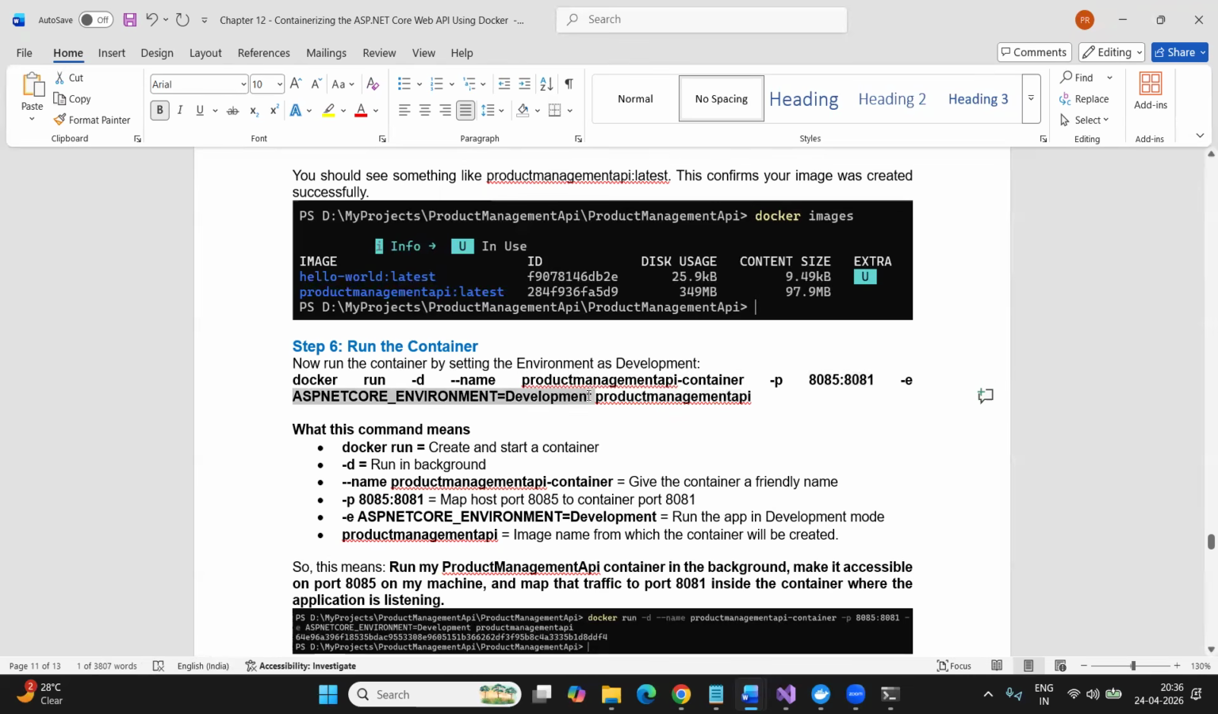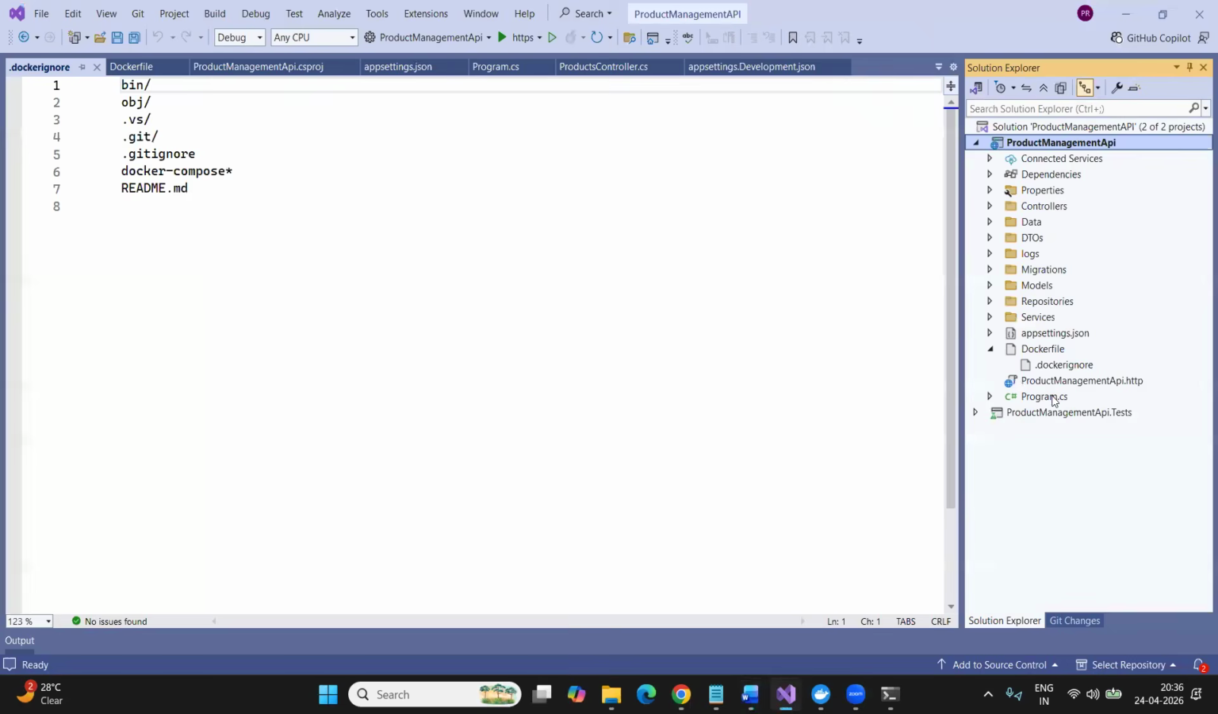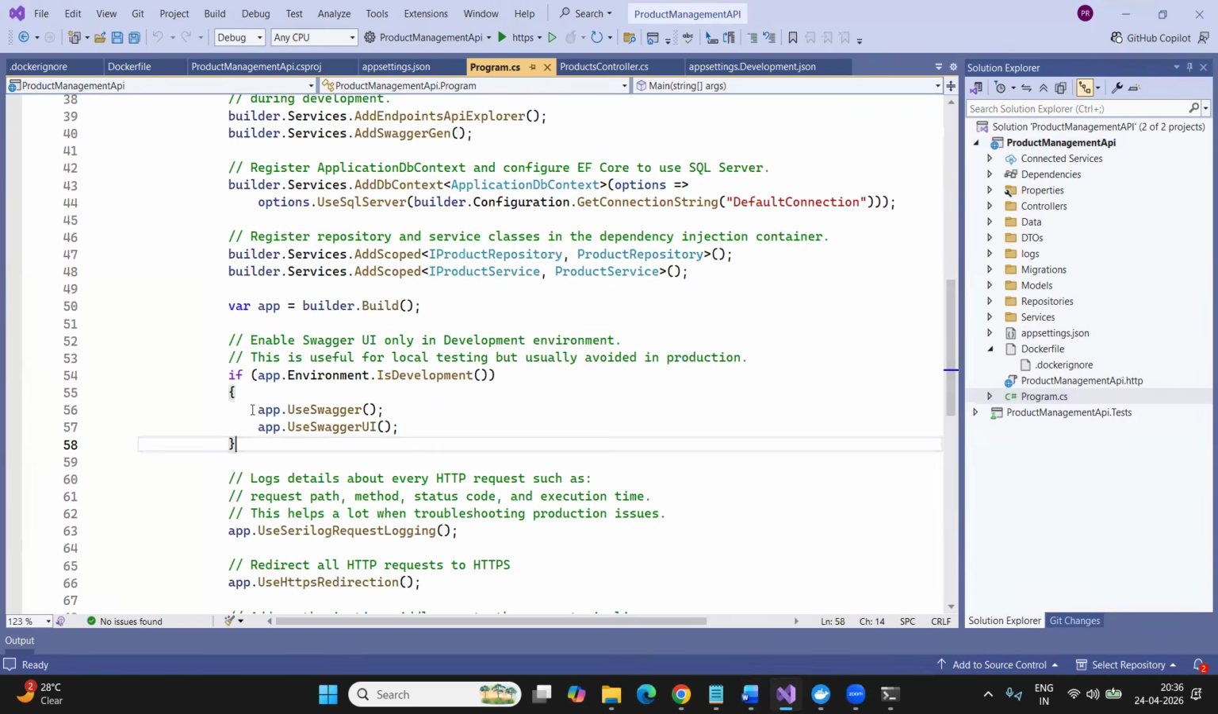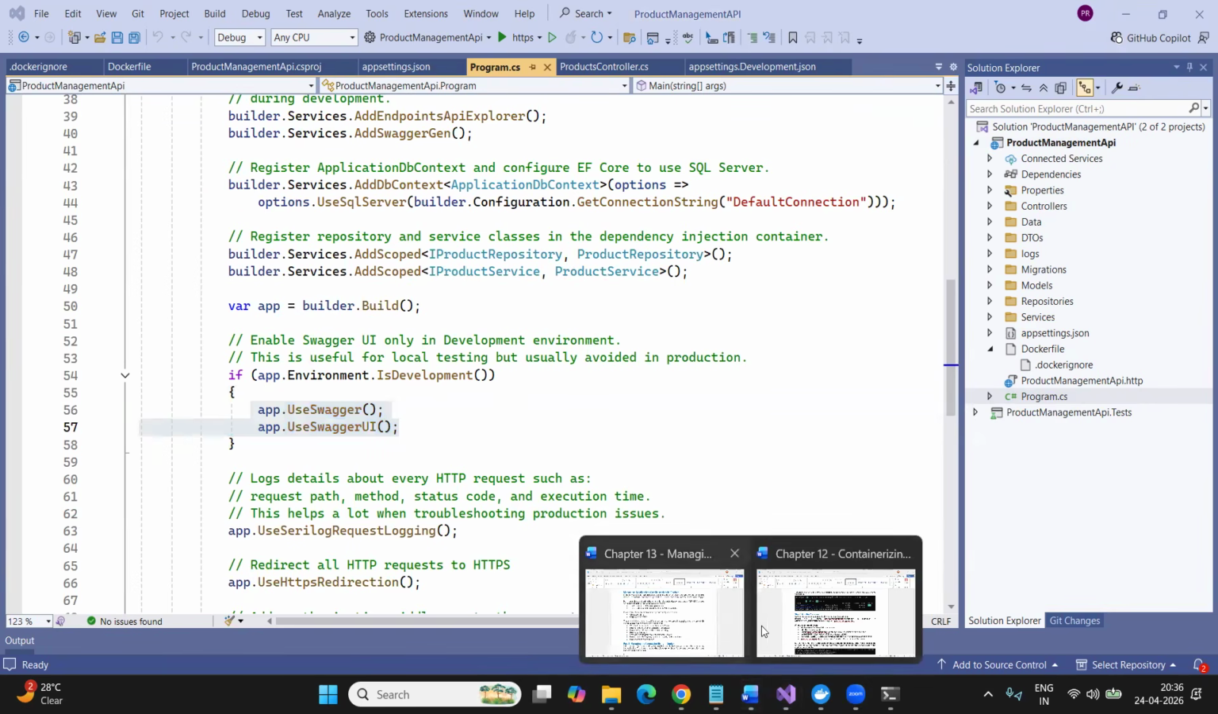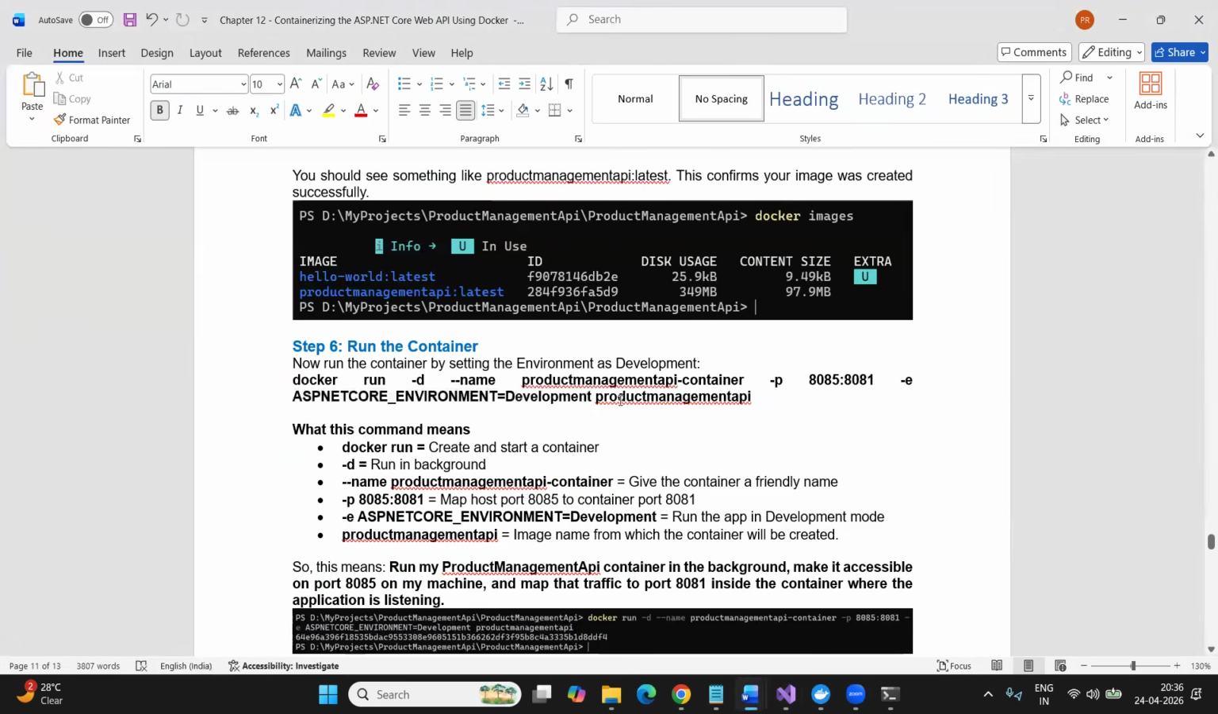And we are running the application in the development environment. Why am I running the application in the development environment? Because I can show you the Swagger. And then, finally,